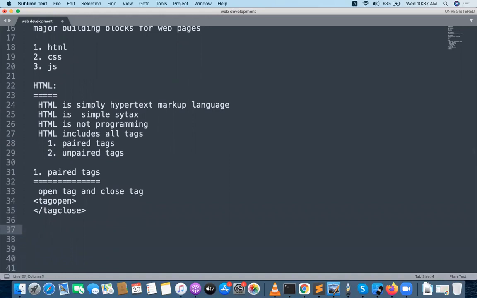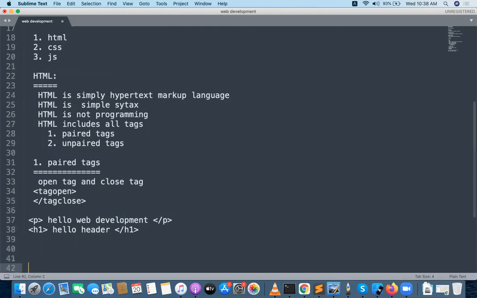For example, if I want to design a paragraph, I start with the P tag, and whatever content you can write, like hello web development, and finally I close the P tag. If I want to create a header H1, I write something like hello header, and H1 is closed like this. These are called paired tags.